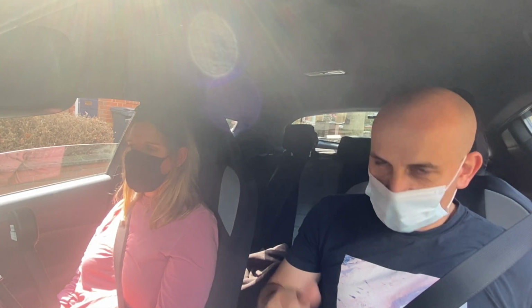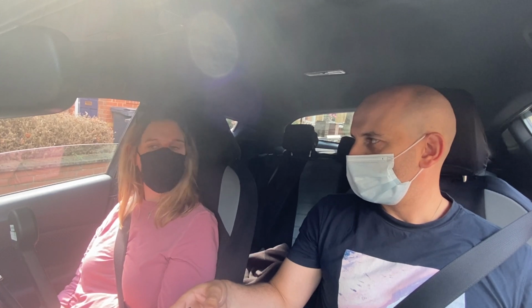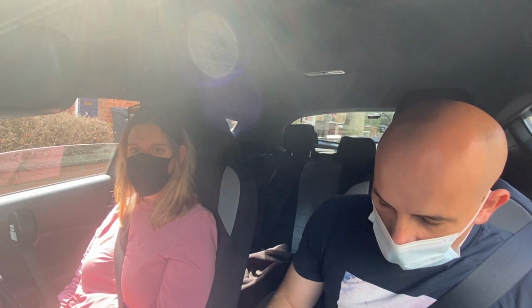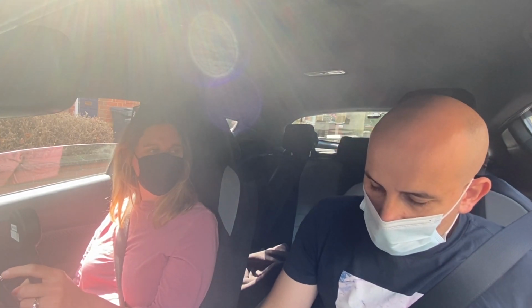The steering, a couple of times we're going into turns quite wide or getting really close to islands. So we just have to have that smoothness to our steer. Now the use of mirrors, as you correctly said, for signalling, really good. But you got 1 driver fault and 2 serious faults on